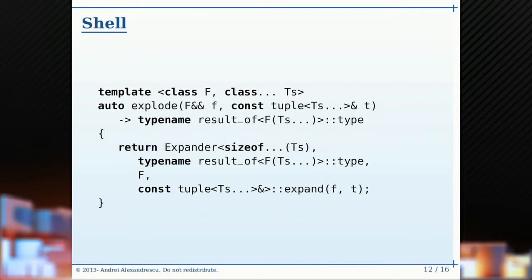Yes. First objection, result of is wrong. The problem is that you have a const tuple ref and you're getting things out of it. If you look at the signature of get, this will apply a constant ref. So if you have a tuple of like int ref, the get will return constant ref. So by passing the Ts unmodified, you are asking for the